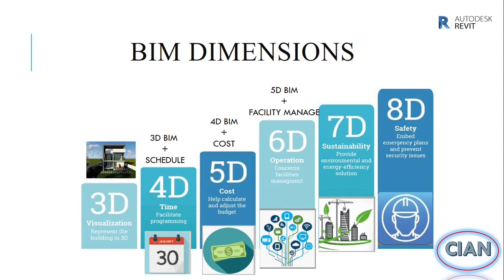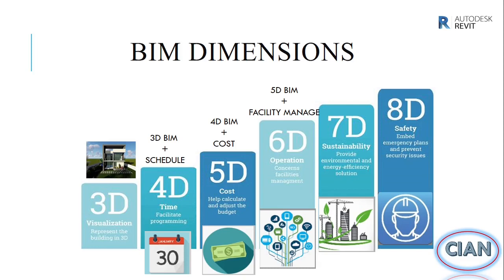It helps to check for possible collision, it aids communication among the workers, ensures transparency during the entire project, and etc. Now let's see what is 4D BIM dimension. A four-dimensional BIM model reveals additional dimensional information known as scheduling data or time element. This model starts with a 3D BIM and then an application of the fourth dimension or 4D BIM, otherwise known as a time element. Hence, 4D BIM is 3D BIM plus schedule.